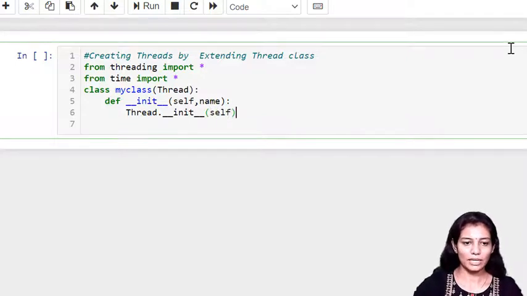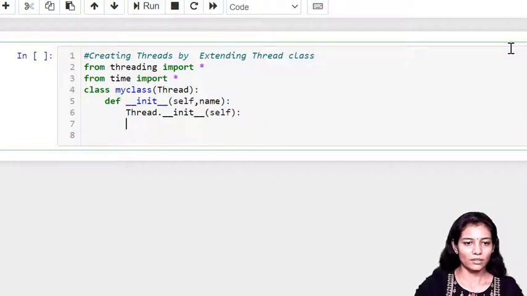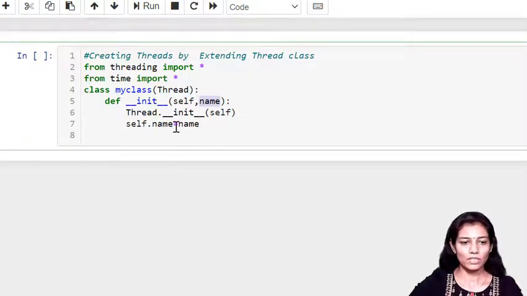Here I am not passing any other parameter, and here I need to initialize self.name to the name argument which I have got. Okay, so I have initialized my class variable.